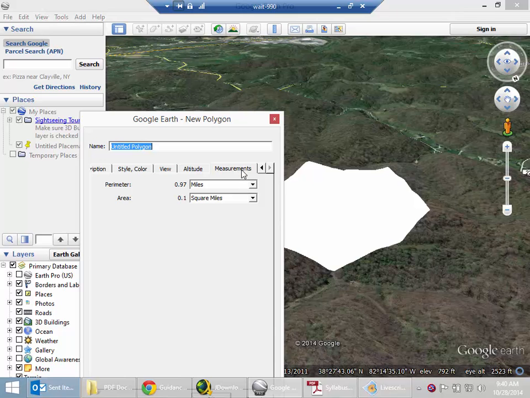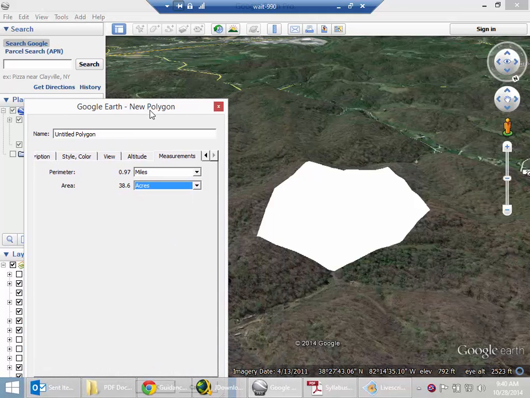Here under measurements, it tells me that the area is 0.1 square miles. Maybe I want to know acres. So 38.6 acres would be my estimated watershed area. That's maybe better than an order of magnitude, but we could call it a back-of-the-envelope type of calculation. It's something you can do so quickly you don't need a lot of resources and don't need a lot